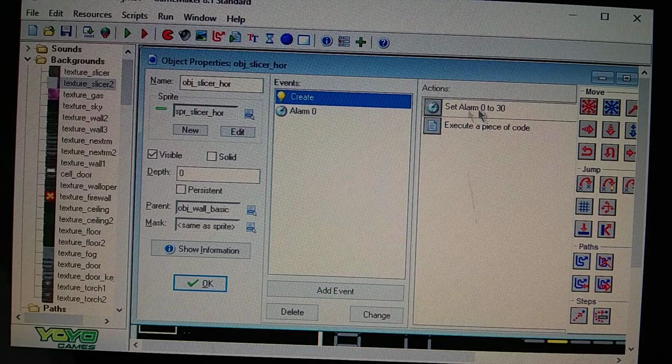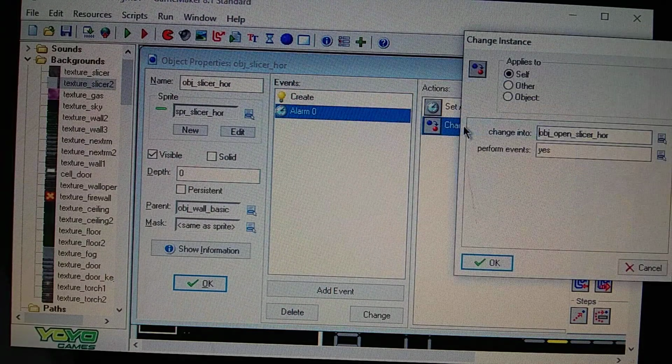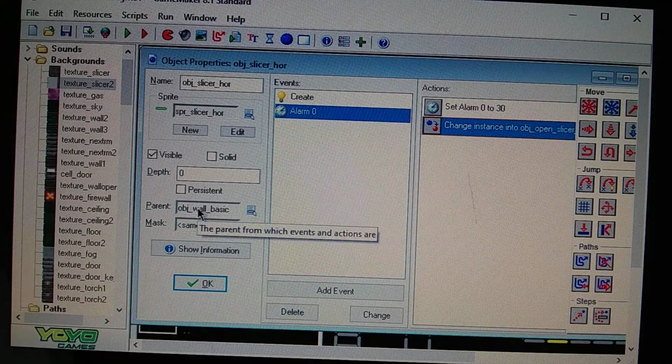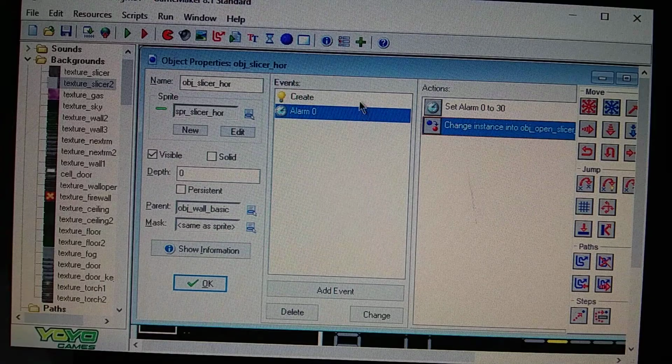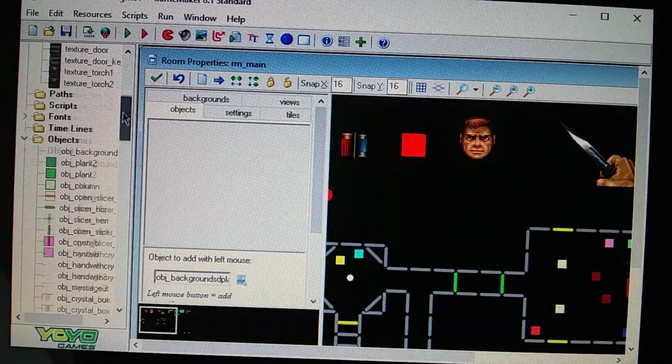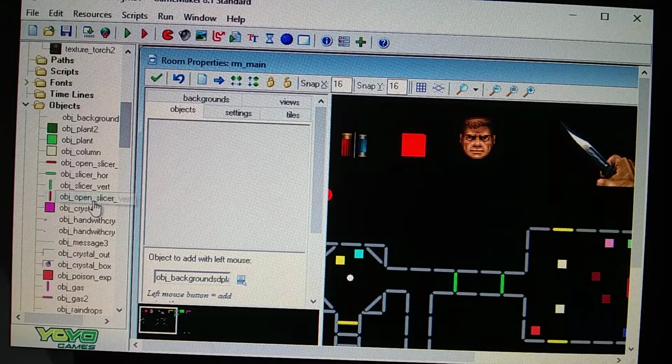So after 30 milliseconds, it's going to open up. So that's solid. Set it to Object Wall Basics. And then when it's open, it's going to switch this green to red, which